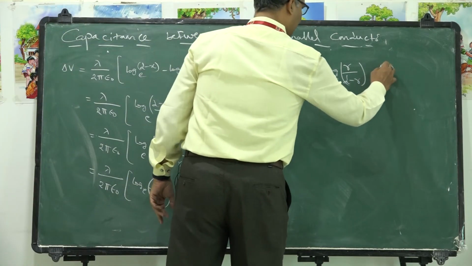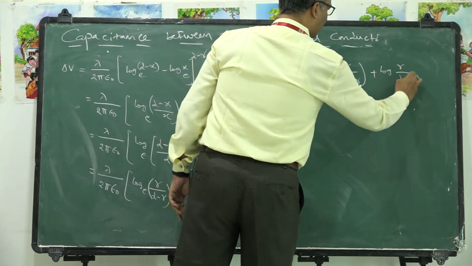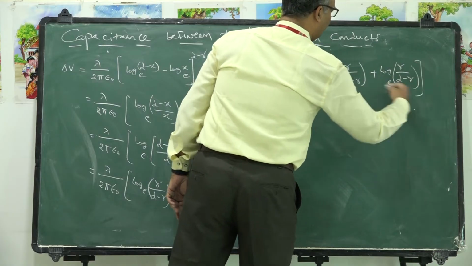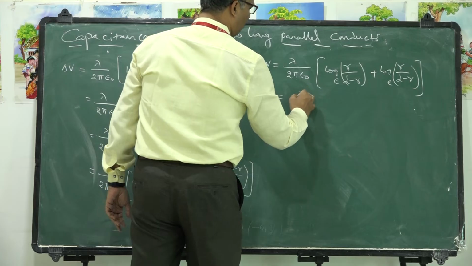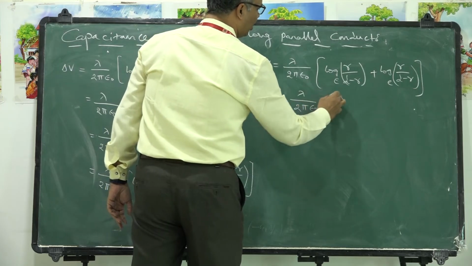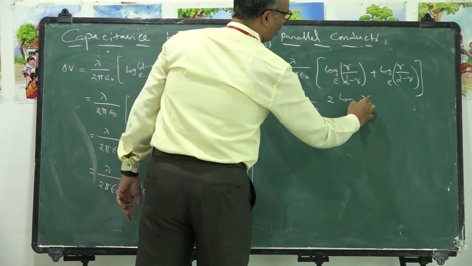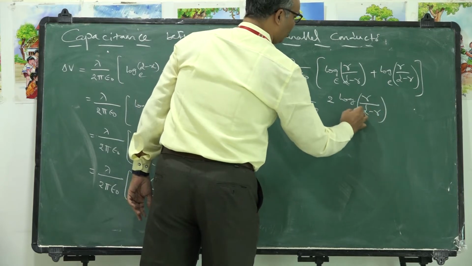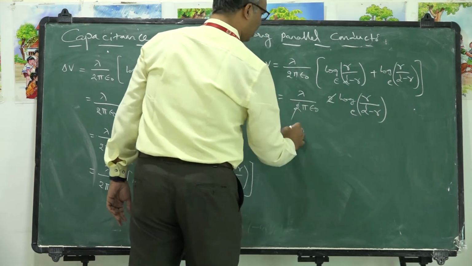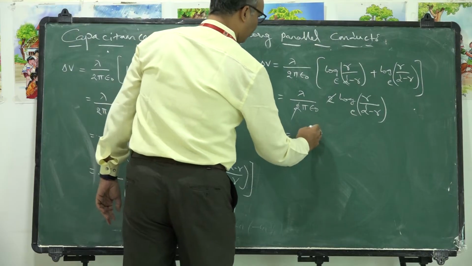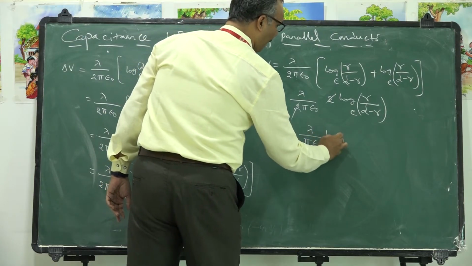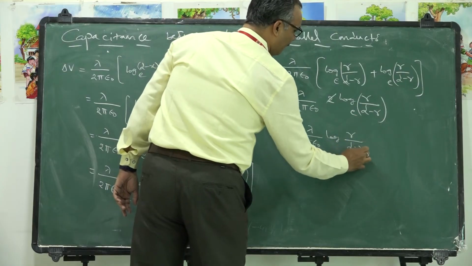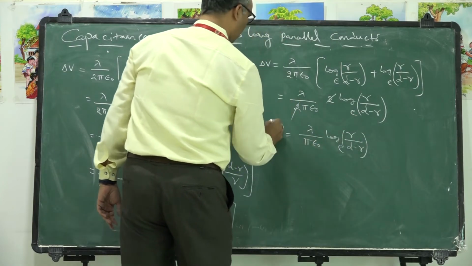So it becomes log r by d minus r to the base e. So both are identical. So you can write lambda by 2 pi epsilon naught into 2 times of log r by d minus r to the base e. 2 gets cancelled. So finally lambda by pi epsilon naught log r by d minus r is the potential difference